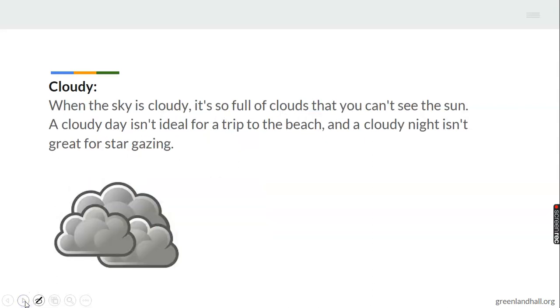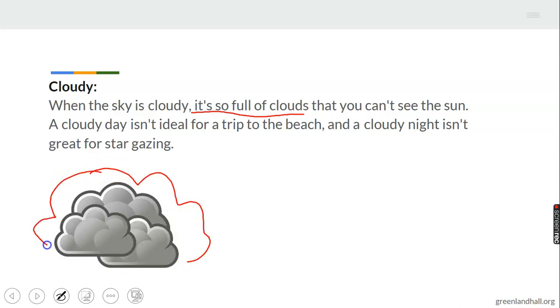So the second weather we'll talk about today is cloudy. What did I say? Cloudy. When the sky is cloudy, it's so full of cloud. Now, that's why we call it cloudy, because it's so full of cloud that you can't see the sun. Look at my cloud over here. There is no way to see the sun. Mr. Cloud has covered the sun. When you can't gaze directly at the sun, when there is no trace of the sun in the cloud, it means that the weather we have that time can be said to be cloudy.